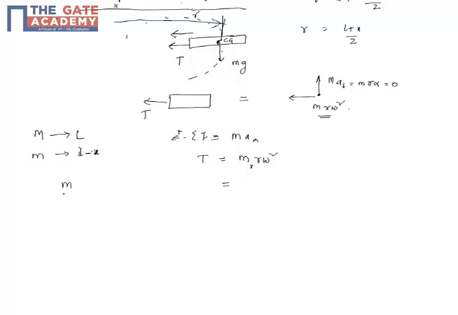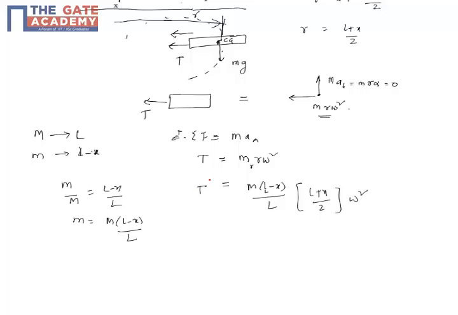So m by M is L minus x by L, and m, the mass of the right side section, is M times L minus x by L. Multiplying by r, which is L plus x by 2, and omega square,